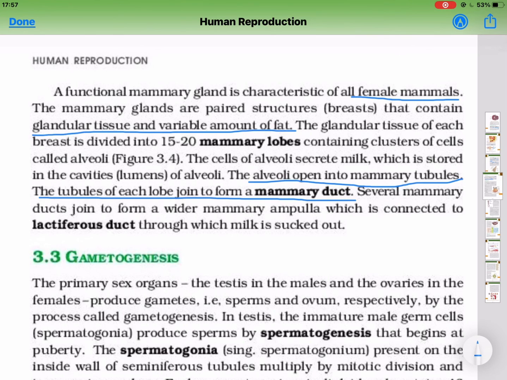एल्वियोली के ल्यूमन्स में जो मिल्क प्रोड्यूस हो रहा है, वहाँ से वो मेमरी जो ईच एल्वियोली ओपन्स थ्रू द मेमरी टिब्यूल, मेमरी टिब्यूल्स आपस में ज्वाइन करके मेमरी डक्ट बनाती हैं और मेमरी डक्ट्स आपस में मिलकर मेमरी एम्पुला के थ्रू लैक्टिफेरस डक्ट में ओपन होती हैं।